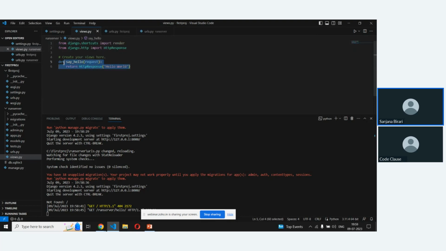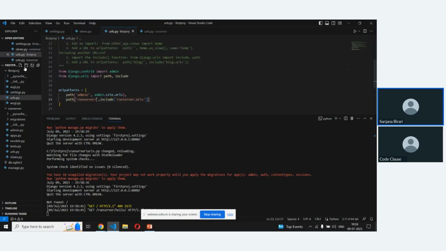Then I have printed a simple statement that is hello world from your main project folder. In your main project folder, the urls.py file is there. I have put all the patterns or the paths which are needed here. These are the mandatory things, like the include function and your path name, and into that include function, your application's URL path.